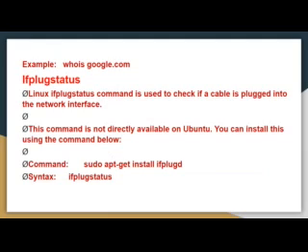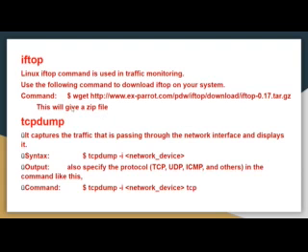Next, one of the important commands is called ifplugstatus. It is used to check whether a cable is plugged into the network interface. Suppose I have a system and I want to use the internet, at that time we need this command. We have to check whether the NIC card is inserted properly or not. Once your NIC card is inserted properly, then the plug status will be on and we can use the internet. Otherwise, not. Moreover, this command is not directly available on Ubuntu. We can install it like this: sudo apt-get install ifplugd. The syntax is ifplugstatus. So remember, when I want to do internet activities, I have to check with this command.